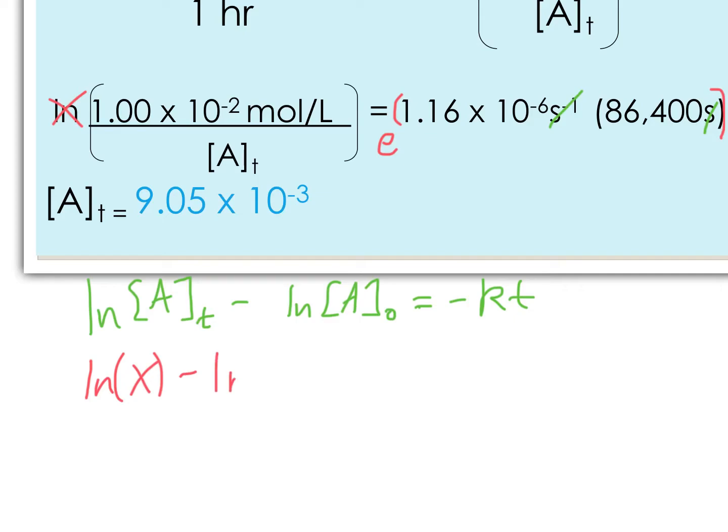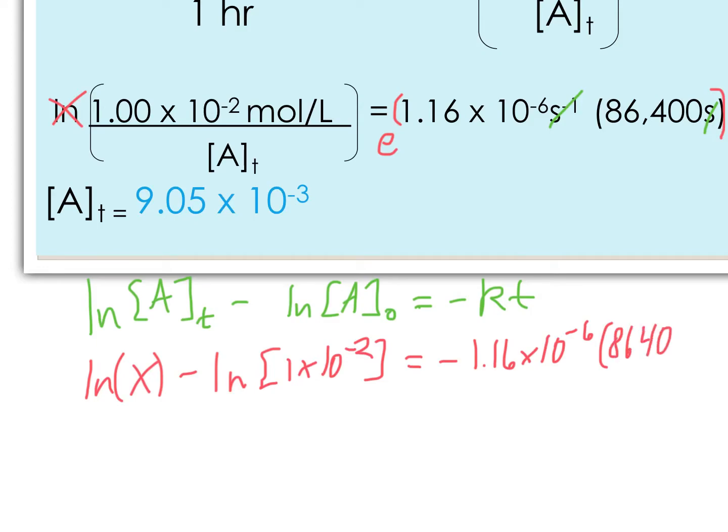Minus ln of my concentration of AO, which was 1 times 10 to the negative second, equals a negative k, which was 1.16 times 10 to the negative sixth times my time, 86,400. Now if I multiply these two together, I get negative